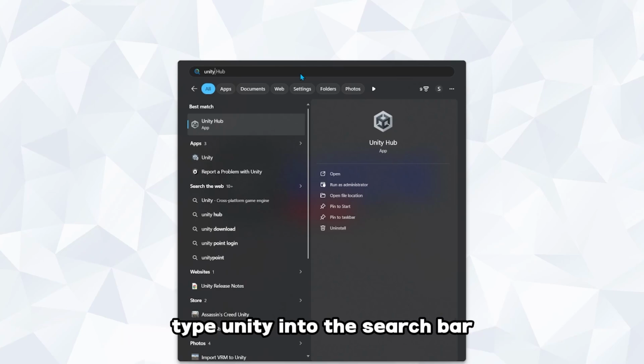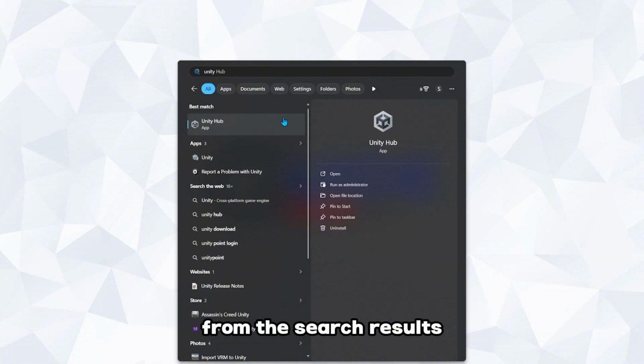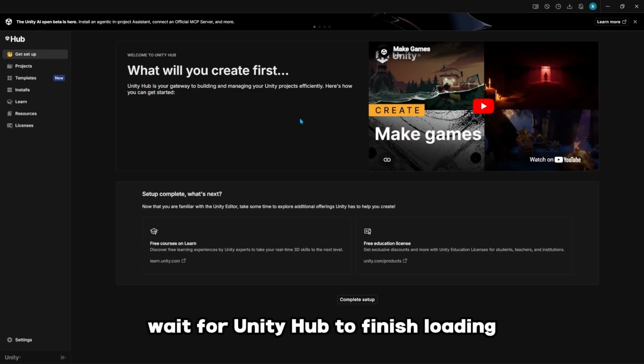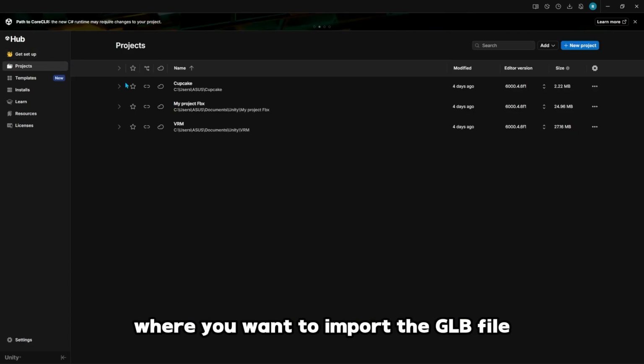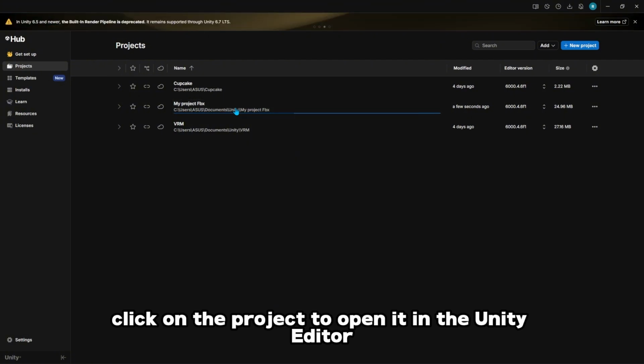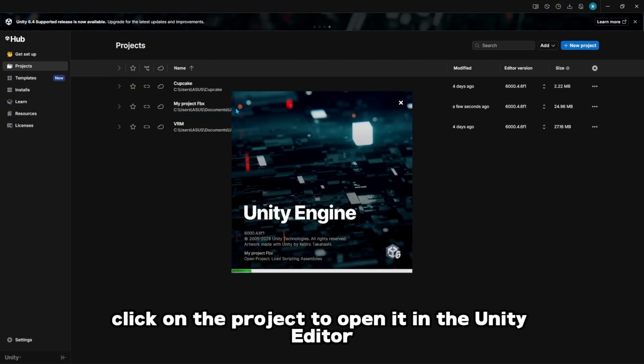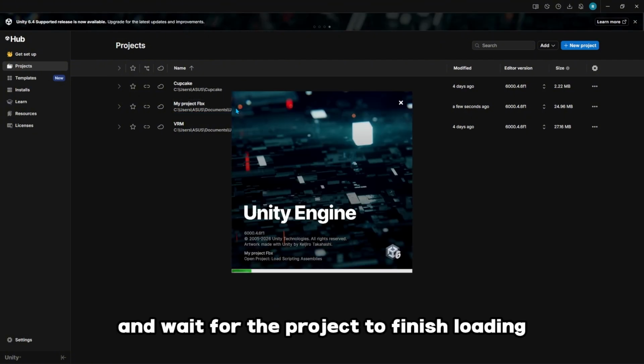Type Unity into the search bar and select the Unity application from the search results. Wait for Unity Hub to finish loading completely on your screen before continuing. Inside Unity Hub, locate the project where you want to import the GLB file. Click on the project to open it in the Unity editor and wait for the project to finish loading all